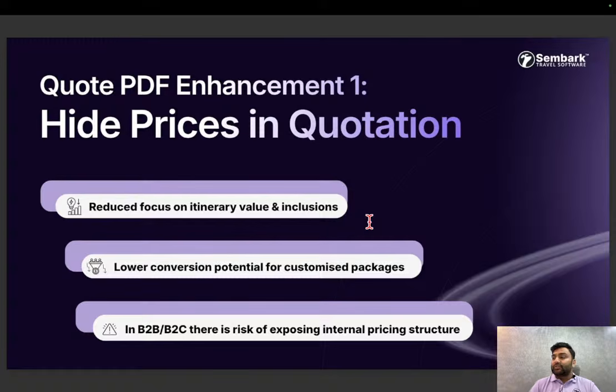But the customer is smart these days. They verified the rate for that Burj Khalifa tour on that date, and it comes to around 9,000 rupees. So they will do the simple maths and know that you are putting a 1,000 rupees markup on each service. That exposes your internal pricing structure, right? In a brute force manner, they can actually calculate your prices, right? So with this feature, what we did,